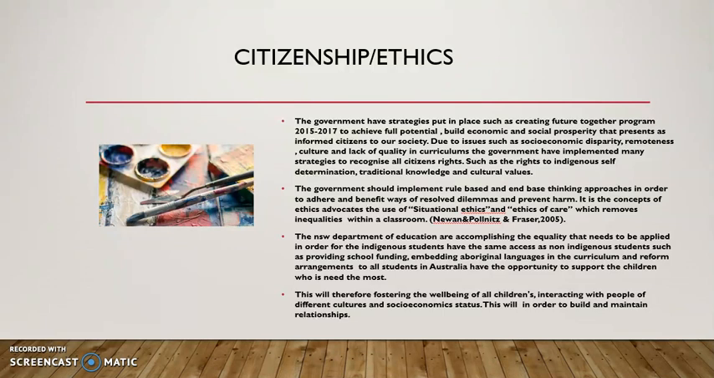The government should implement a rule-based and end-based thinking approach in order to adhere and benefit ways to resolve dilemmas and prevent harm to Aboriginal students. It is a concept of ethics that advocates the use of situational ethics and ethics of care which remove inequality within a classroom. The New South Wales Department of Education will accomplish the equality that needs to be applied in